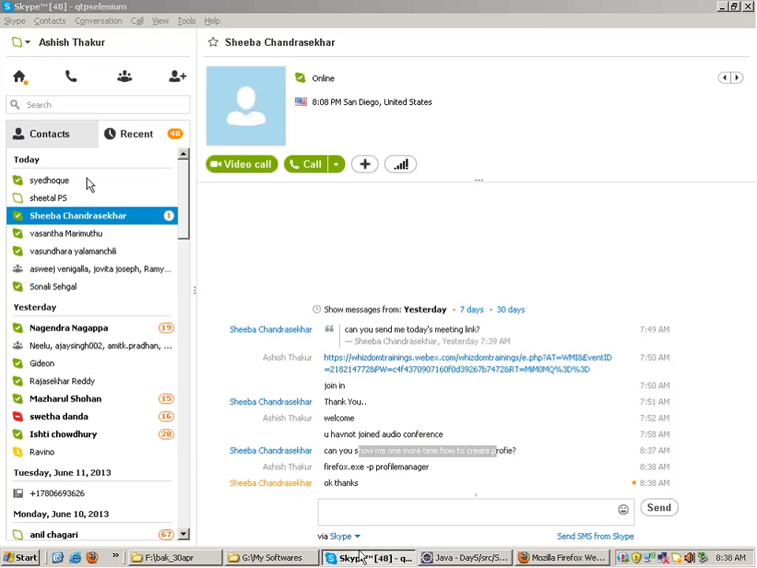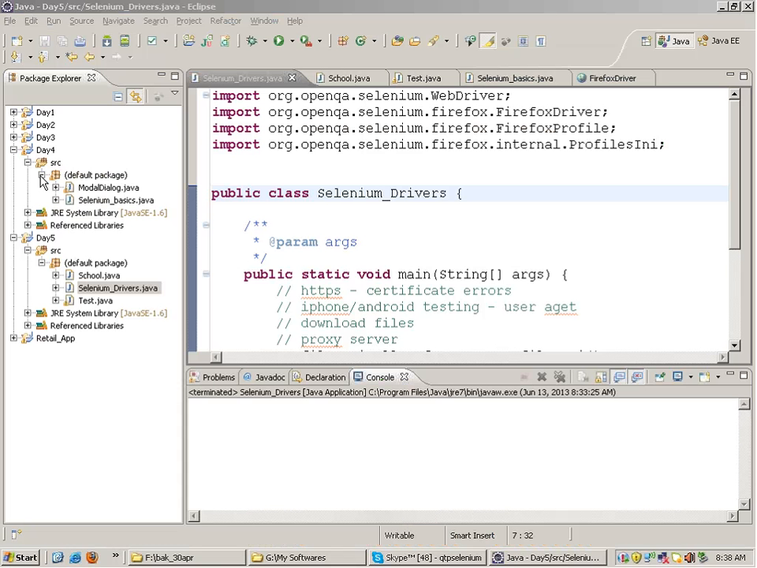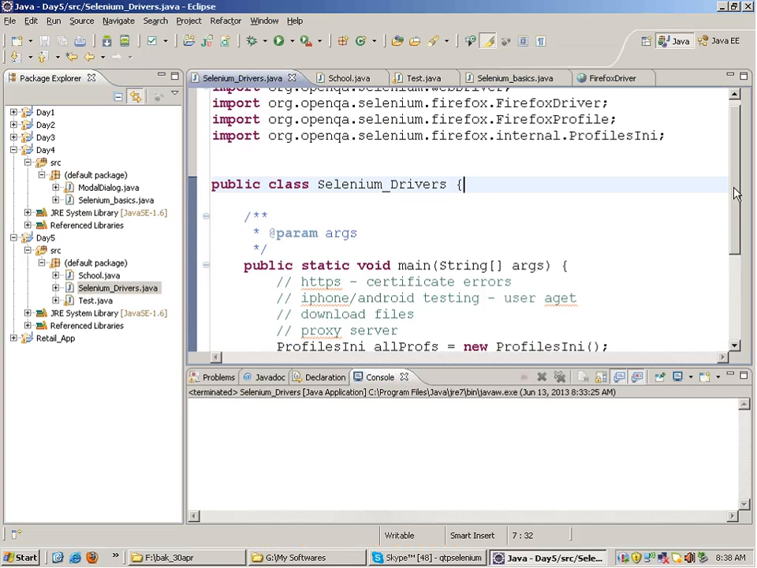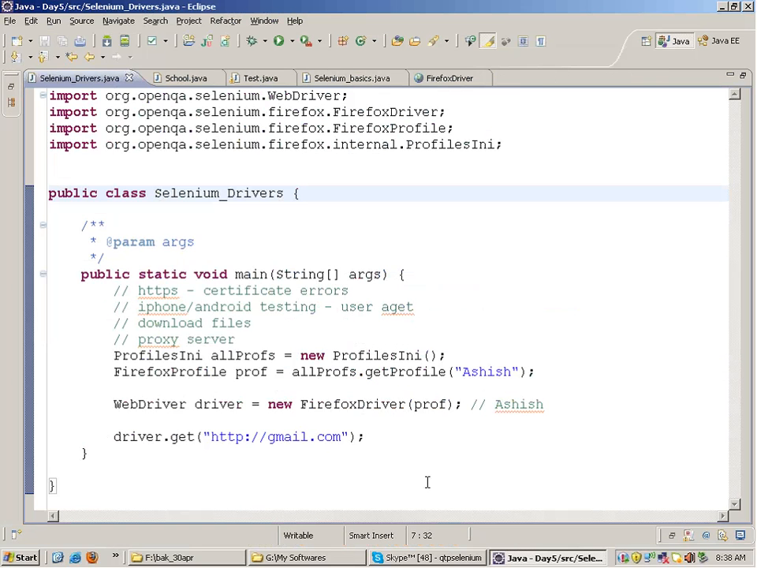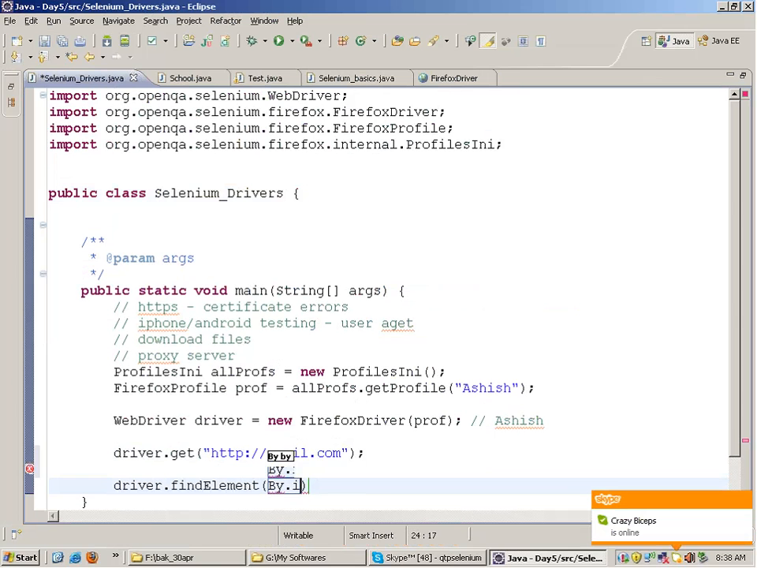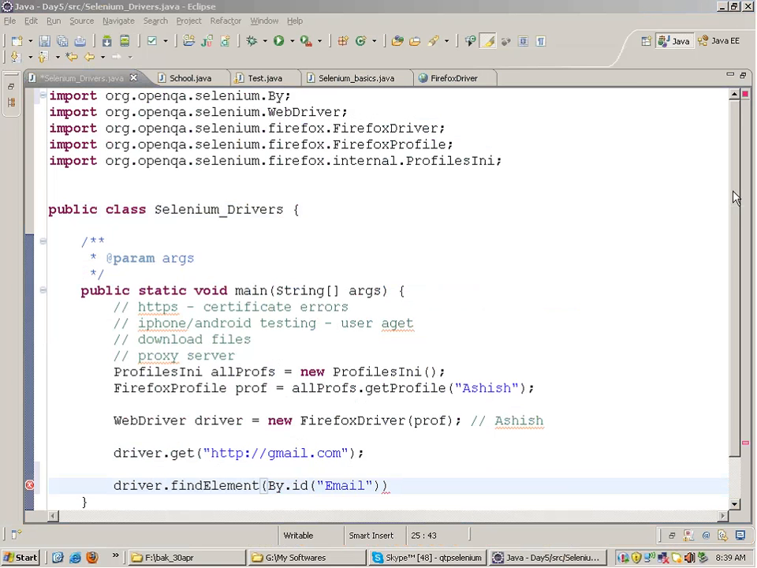Okay. Now, moving further on, right? Right now we had studied that day how to identify objects. I had written this line, after going to Gmail, driver dot find element by the ID email. Email was the,